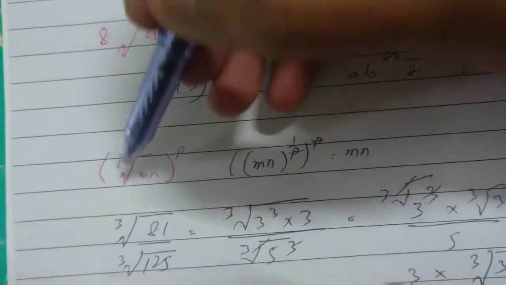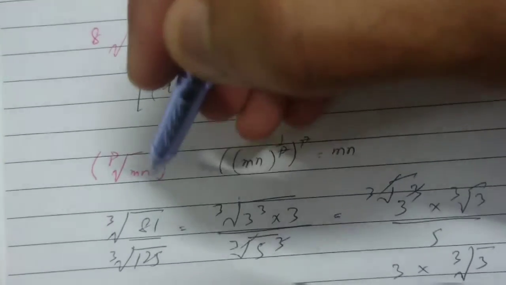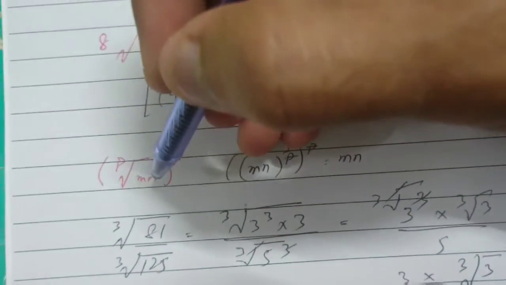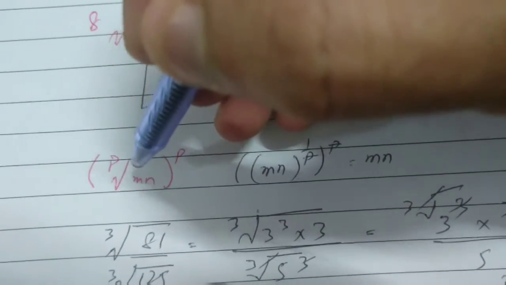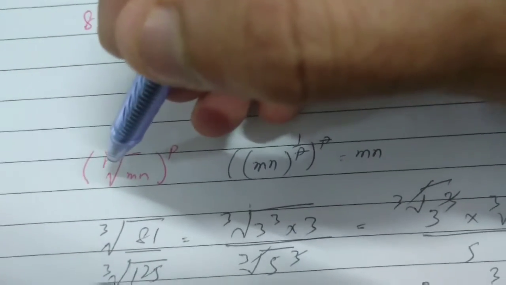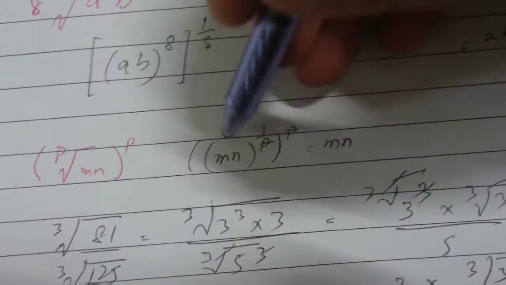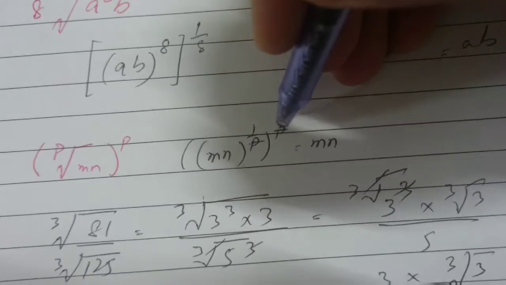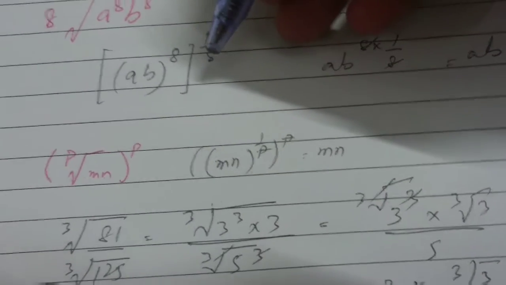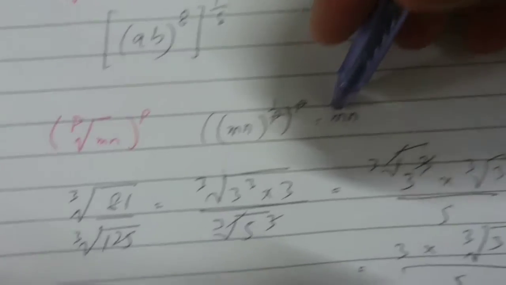Similarly, you have one like this. This power is outside the curly round bracket, but whatever is inside is the mn-th root of p, remember. What you have to do, if you want to remove this root, is use this power in a fraction form. That's the way you can exclude the root, and whatever power remains on it is power on power. I just cancel it right now because you have seen everything and you know how to do that. Whatever number or alphabet remains will stay the same here.